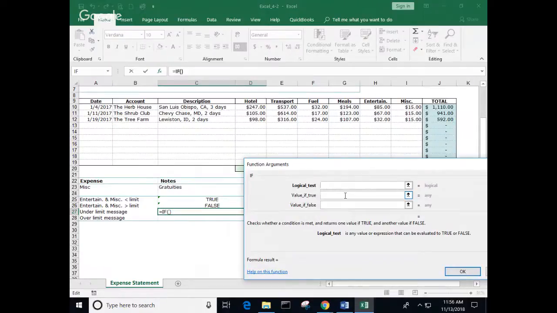Expenses are okay, expenses too high, right? So those are the words you're going to put in. So that's a text function, we're just going to type those things in. So the logical test, the first thing to do, is looking at C25. If C25 is true,